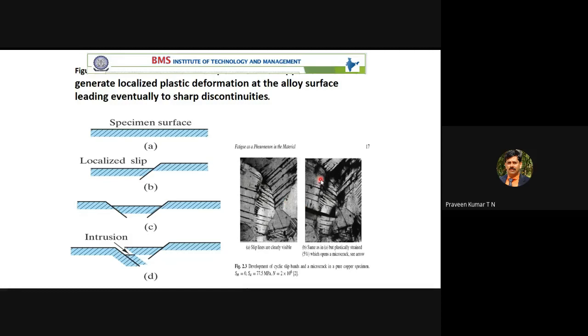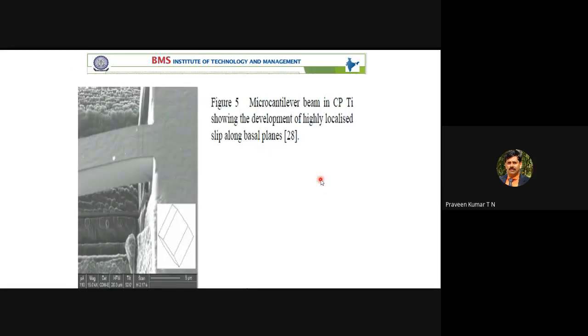Slipping in the sense, imagine we have 10 sheets of paper. If you slightly press the sheets, they may slip. That is what slipping is. We have different planes. Each sheet of paper is separated from the next by an interface. That will come as a slip. If you slightly push it, one paper may slide over another paper. That is referred to as slipping. When you come to fatigue loading, because of slipping in the material, the fatigue crack may propagate. We can see here how slipping takes place.